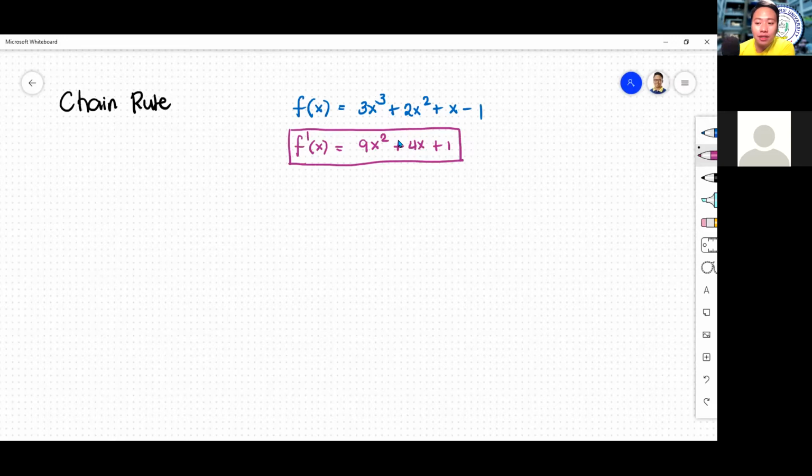That's how basically we get the derivative of a function. Now, what if you're going to encounter functions like this? 2x plus 3 raised to the power of 9. In this case, we notice that there is an exponent of 9, and the terms that are being raised to the power of 9 are binomial terms. When we say binomial terms, guys, it consists of two terms. The first term that we have here is 2x, and the second term is 3. Since there are two terms, we call it a binomial expression.